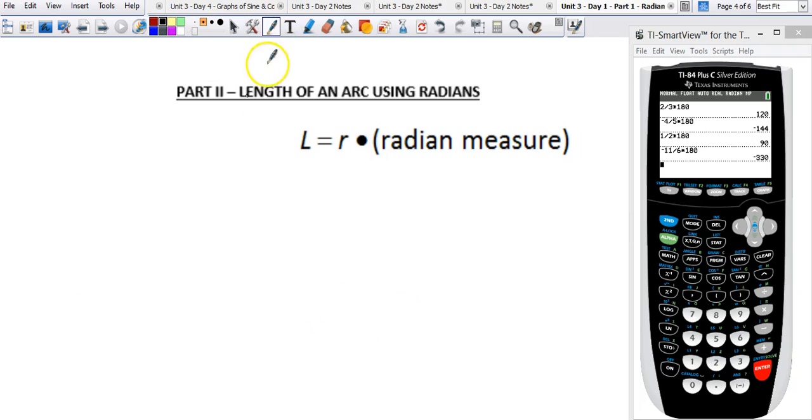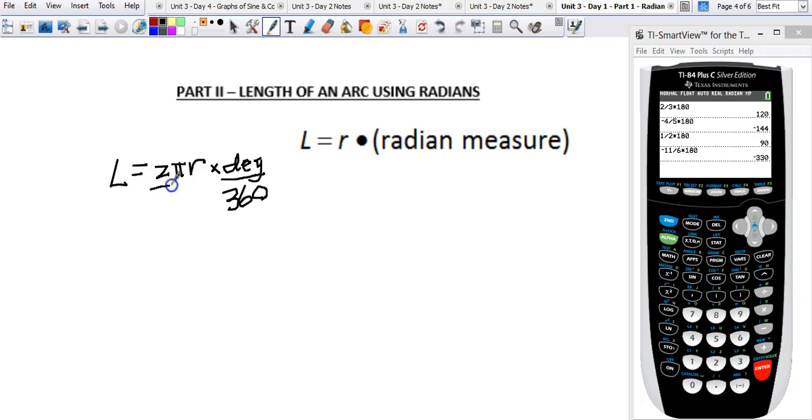So we talked about arc length before. You're used to seeing this formula, L equals 2 pi r times degree over 360. That's if I have a radius and I know the degree, I can plug it into that formula and get the arc length. Well, we can also do it with radian measure, and it turns out that if I do a little conversion here, let me talk about 2 pi